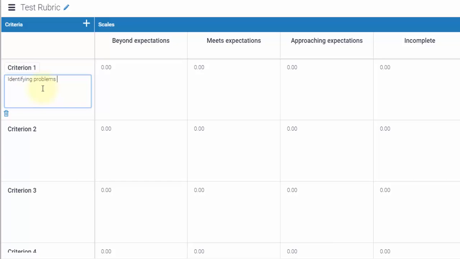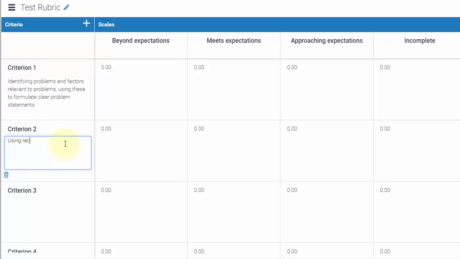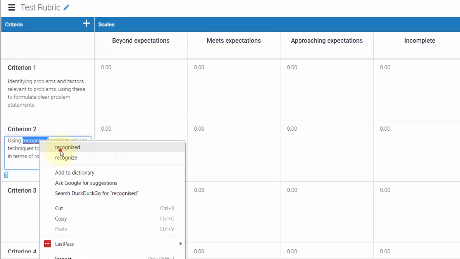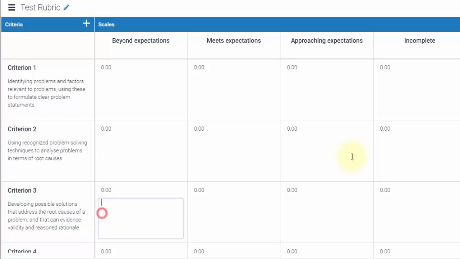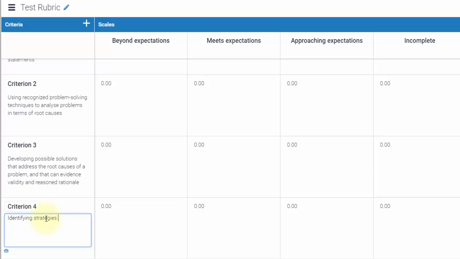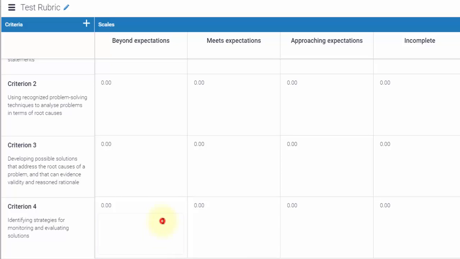Identifying problems and factors relevant to problems, using these to formulate clear problem statements. Using recognized problem-solving techniques to analyze problems in terms of root causes. Developing possible solutions that address the root causes of a problem and that can evidence validity and reasoned rationale. Identifying strategies for monitoring and evaluating solutions. Great. All that's left is for me to fill the boxes with a description of what is expected from the